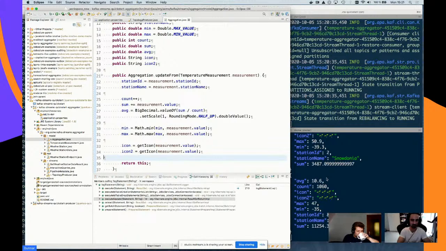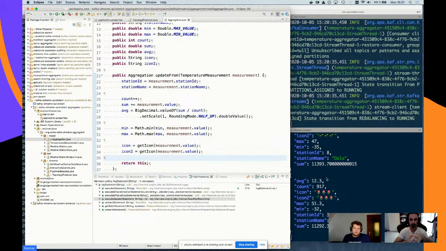Exactly. Yeah, that's cool. So basically here you're writing your own aggregation, right? Exactly right. And that's the thing you need to be aware of with Kafka Streams. It's a Java application, a Java API. So you need to think about it in terms of Java programming and how to aggregate data, and so on. You need to be a Java developer in order to use this, but then it also gives you all the flexibility.